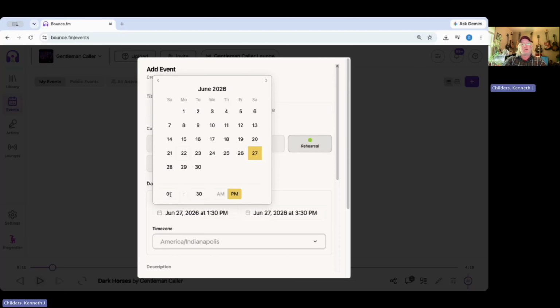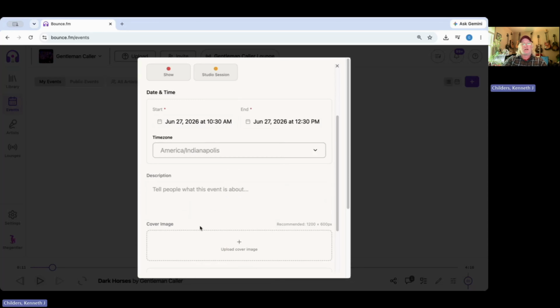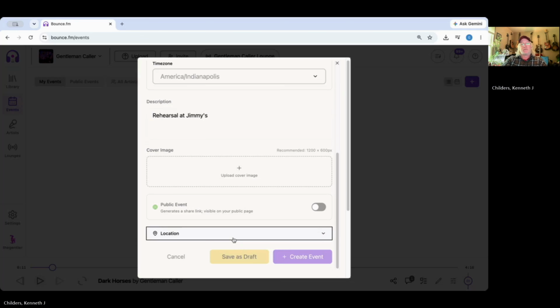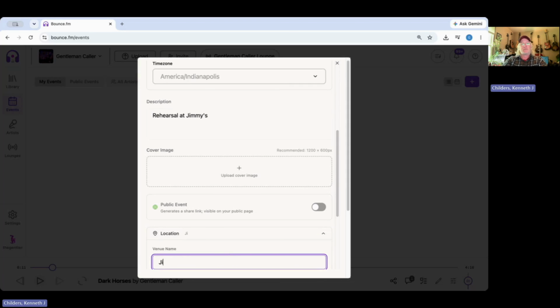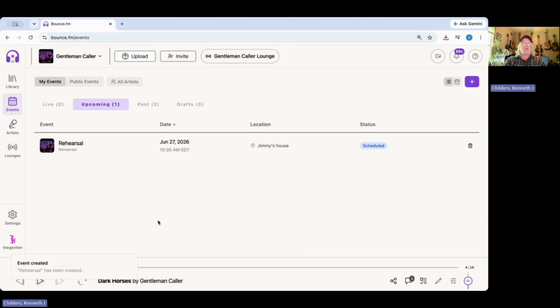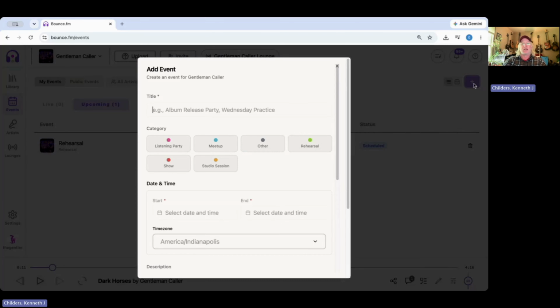We're gonna meet up at 10:30, and we can set an end time as well if we want. Add a description. We can set a location, and then we'll create that event, and it will have that in our event calendar. You can create other kinds of events, obviously, like once we get to a point where we've got rough mixes we want to listen through and talk about, I can set up a listening party for that,